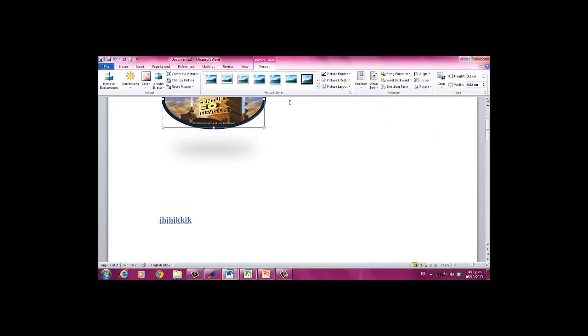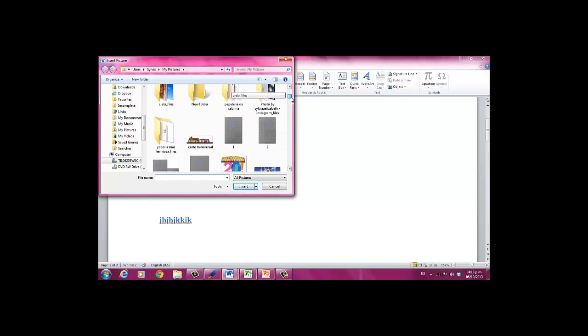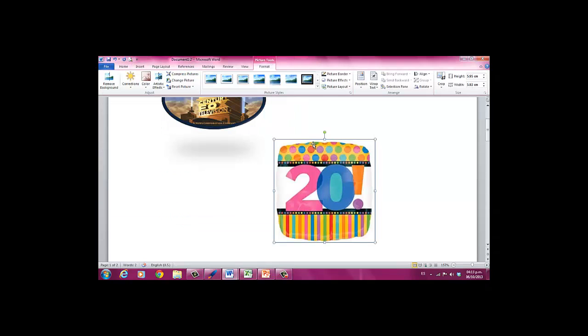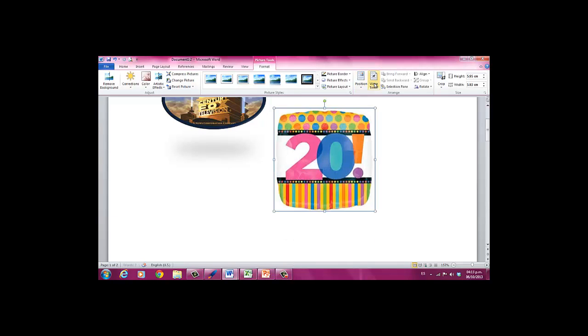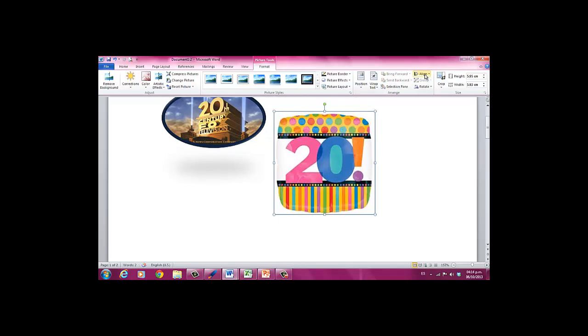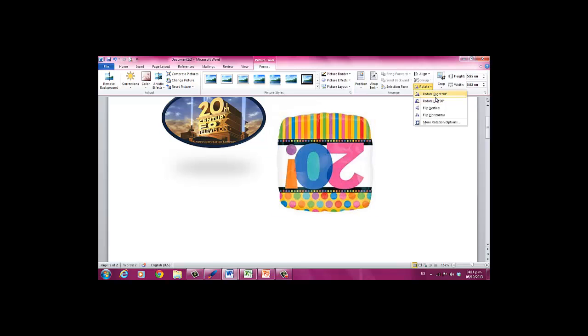Then if you have two different pictures, I'm going to insert another one. In this option we can get to bring forward or backward the picture. Okay. Then also we can align the picture with this command, or rotate the picture in a right 90 degree